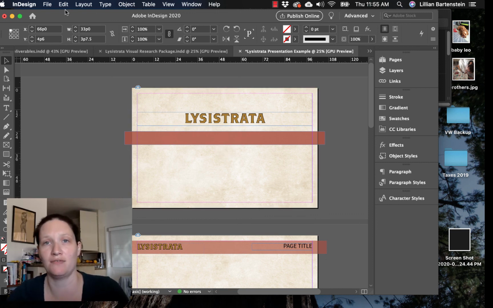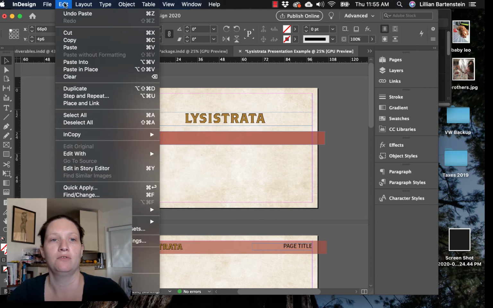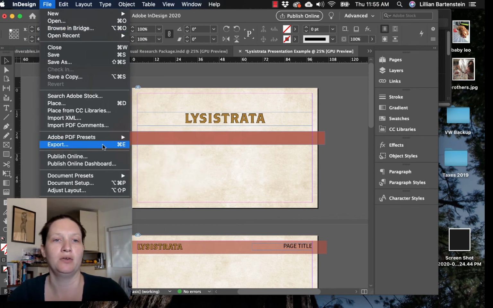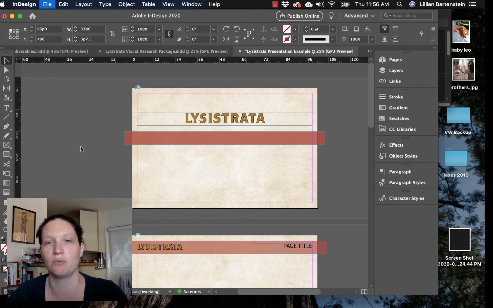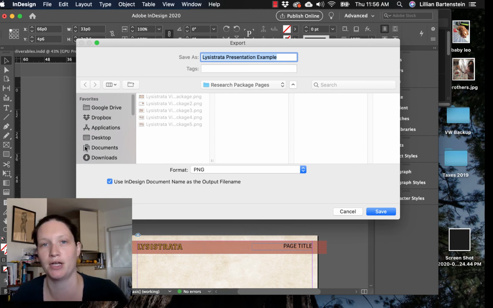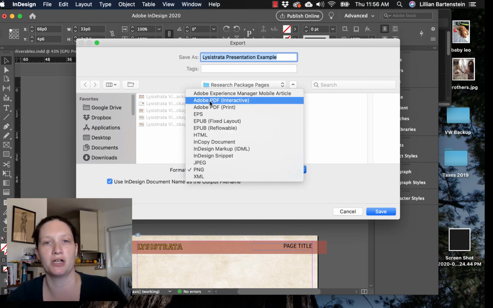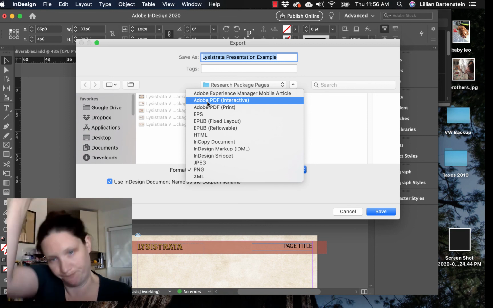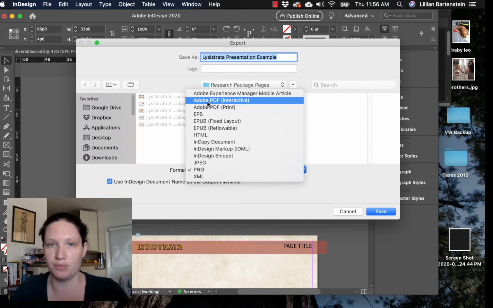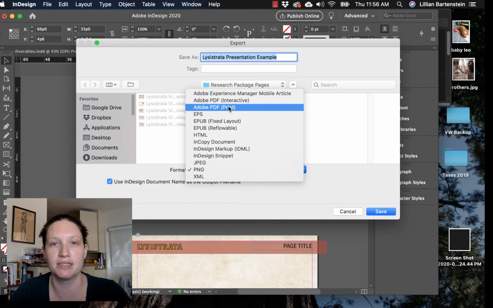So once you've got all of that stuff done, file, right? You can come over here, you can export it, right? Or you can print it, right? But let's assume I'm exporting it, right? I would export it. I would like it to be a PDF, please. There are a bunch of different options. You can do an interactive PDF. That's if you want to put hyperlinks in there so that people can click on stuff and go places, or print PDF. Both of those are great